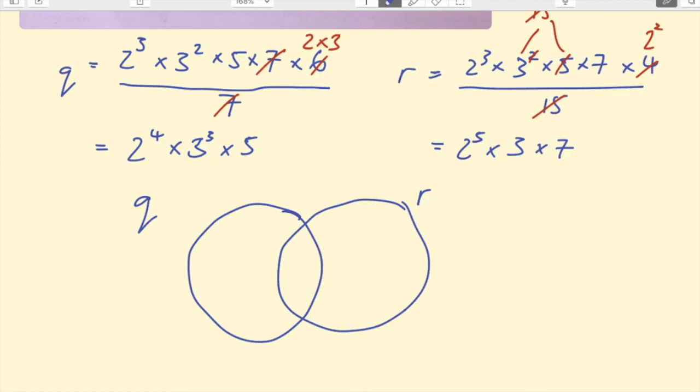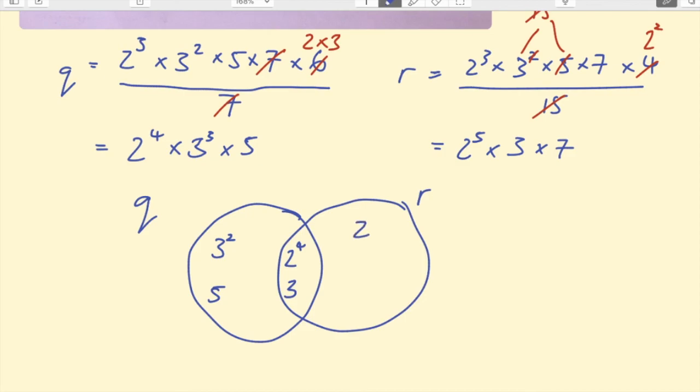So if I've got 2 to the power 4 and 2 to the power 5, I can write 2 to the power 4 in the intersection. And then I've got one lot of 3 over here and 3 cubed over here, so there'll be one lot of 3 in the intersection as well. And then everything else just goes into their own sets. So for Q, I have a 3 squared and a 5,